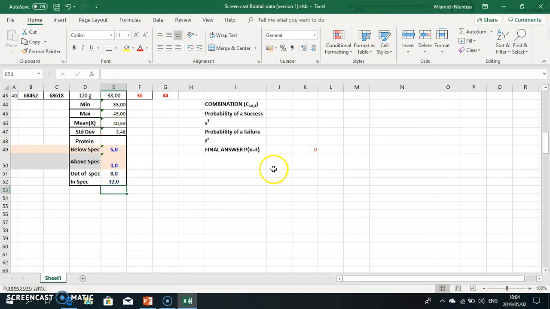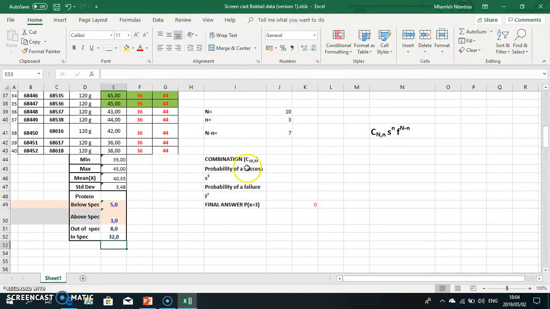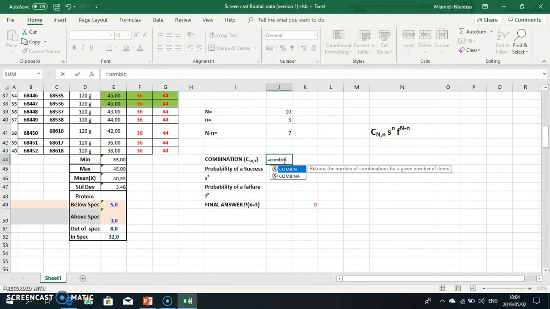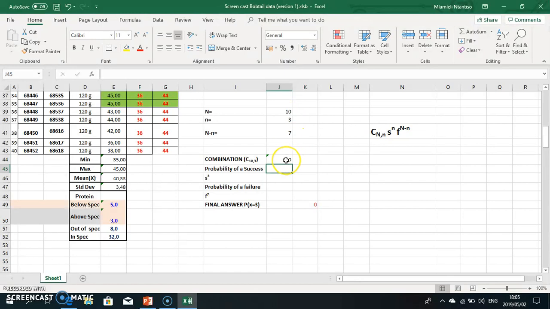So by having this, you can calculate all the variables of the formula. The combination is given by COMBIN, and Excel does it for you. If you just type it, Excel guides you to the formula COMBIN, and then your big N is 10 and your small n is 3. Then you've got 120 ways of getting 3 samples that are out of specification, and